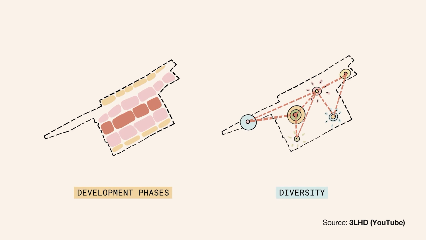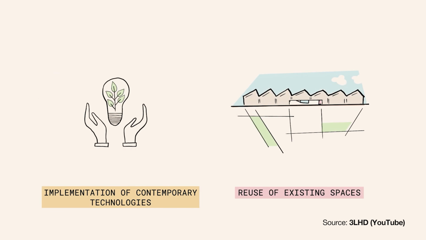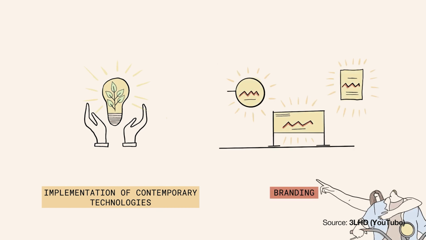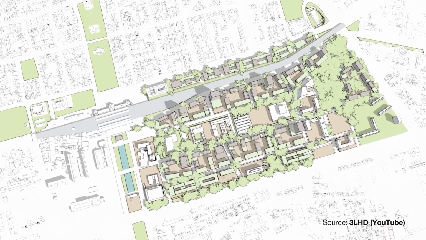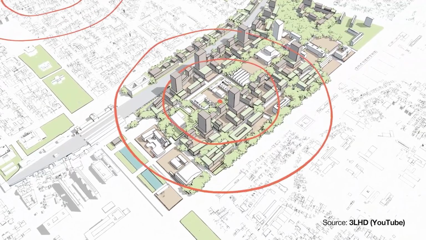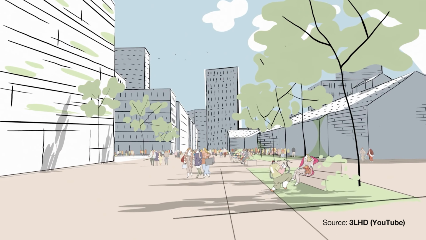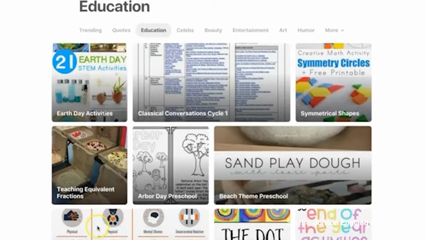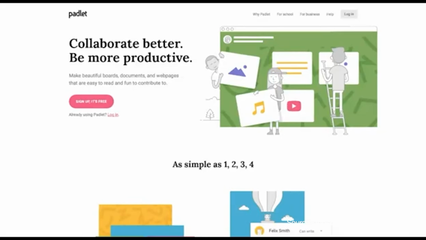So to conclude, what makes the PBNA powerful is its flexibility. It can be used across different levels of design education and adapted through various urban contexts. It doesn't require expensive tools or complex software, just basic mapping, field works, and a willingness to listen and observe. It fits naturally into architecture and urban design studios and can even be expanded into workshops or interdisciplinary courses. And with platforms like Padlet, Google Maps, it also works well in hybrid or online learning environments.